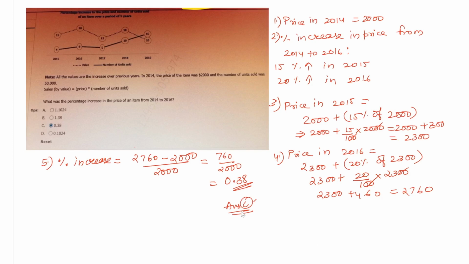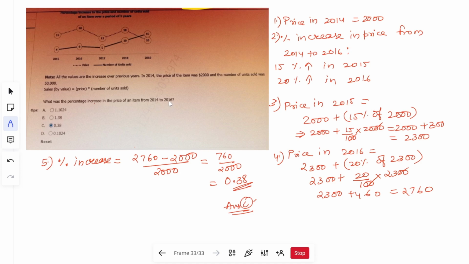Let's look at this question that we have. This is a question based on a graph, guys. You will be given a graph and you are asked some question. Let's see the note first of all. All the values are increased over previous years. In 2014, the price of an item was $2,000 and the number of units sold was 50,000. So sales by value is equal to price into number of units sold. It is given to us, and we are asked